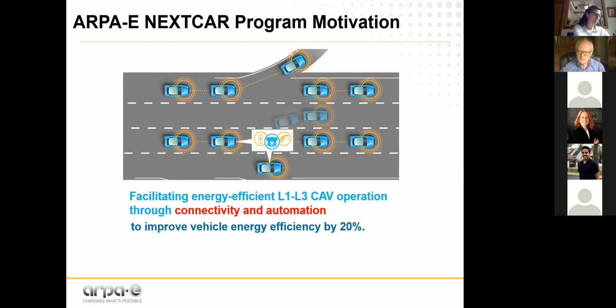efficiency by 20%. And we considered ego vehicles. In other words, a single vehicle. The single vehicle would obviously interact with traffic around it. It would interact to a certain extent with infrastructure. It would be subject to varying duty cycles, varying operating cycles, varying environmental conditions, if you like. How can you use information obtained through connectivity and the lower levels of vehicle automation to improve vehicle energy efficiency